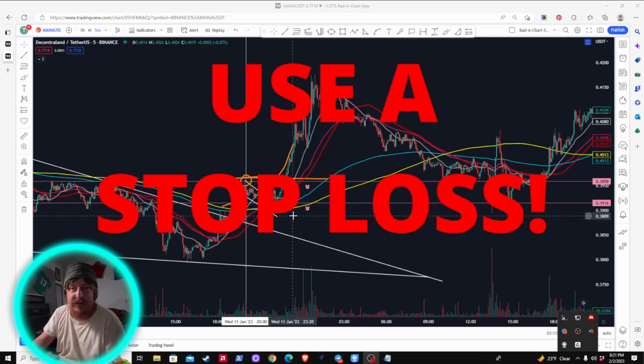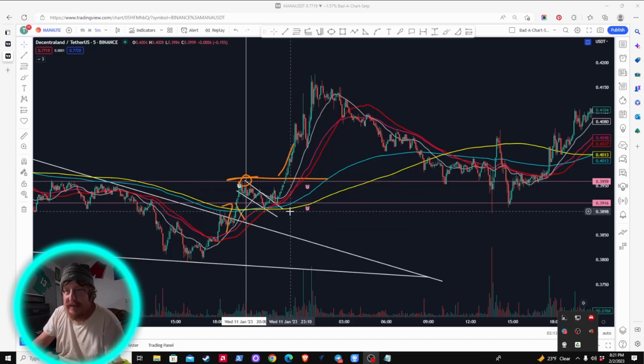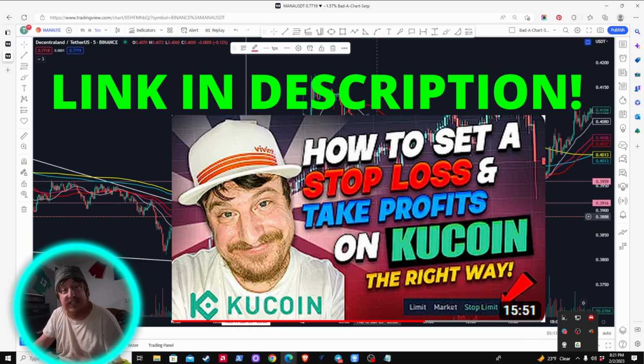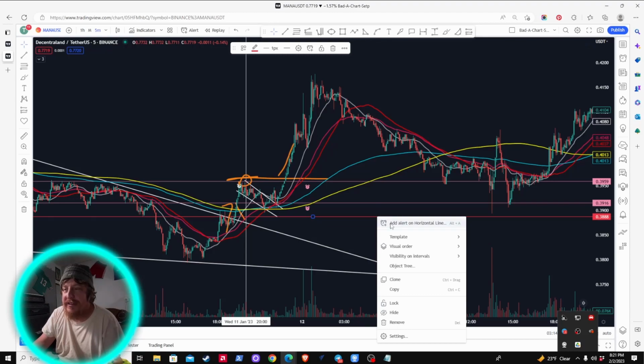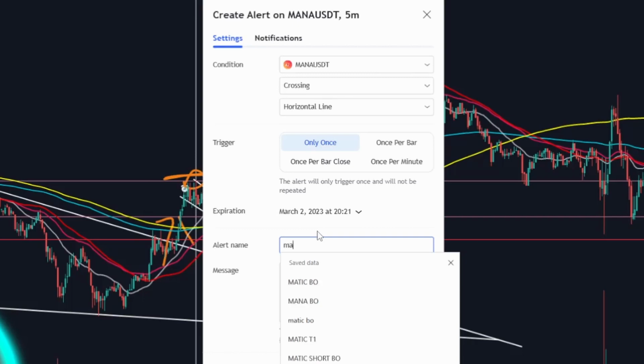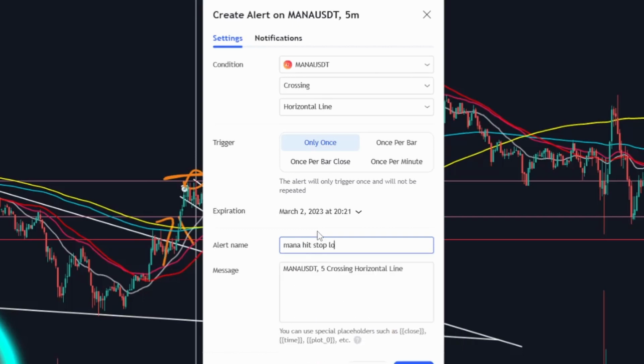Let's just say you set up a stop loss, as you should. Maybe down here below the bottom of this wedge, I could put Alt H. Maybe I change the color of that to red to represent my stop loss that I put on the exchange. Let's say I was using KuCoin and I added a stop loss. Link in the description for that video. I could right click at the area that I put that stop loss, add an alert. Maybe I just click once and put MANA hit stop loss, sad face or something like that,